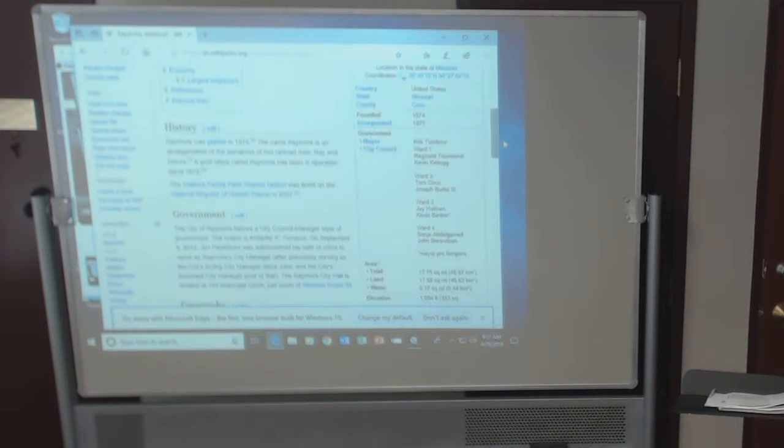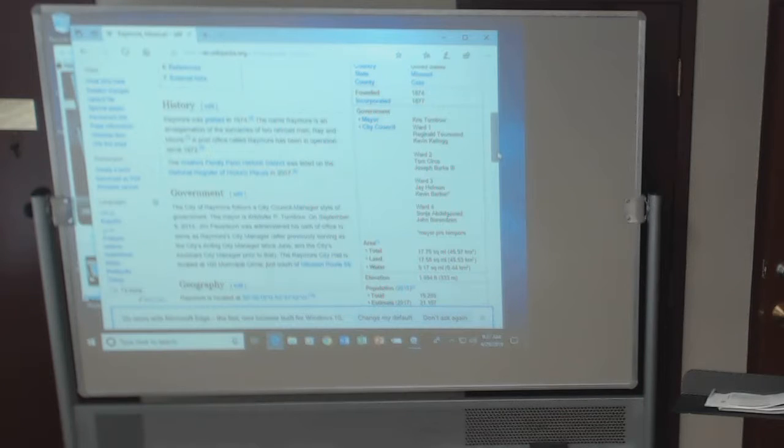Raymore was platted in 1874. Aha, Wikipedia is going to help me here. The name of Raymore is an amalgamation of the surnames of 2 railroad men, Ray and Moore. A post office called Raymore has been in operation since 1872. And guess what happened? The Postal Service recently decided that they didn't need a Belton and a Raymore post office, so they were going to give Raymore